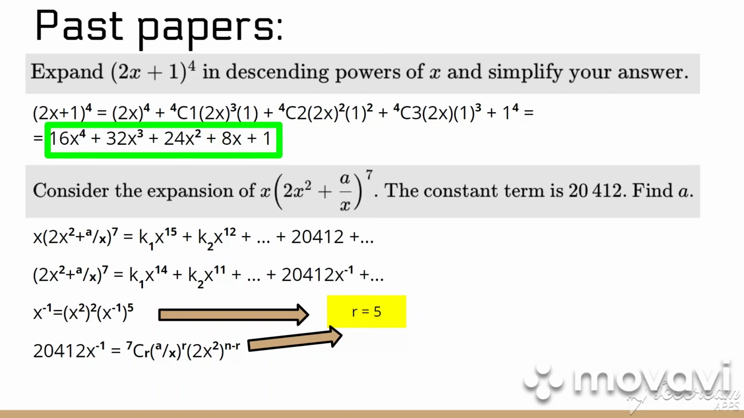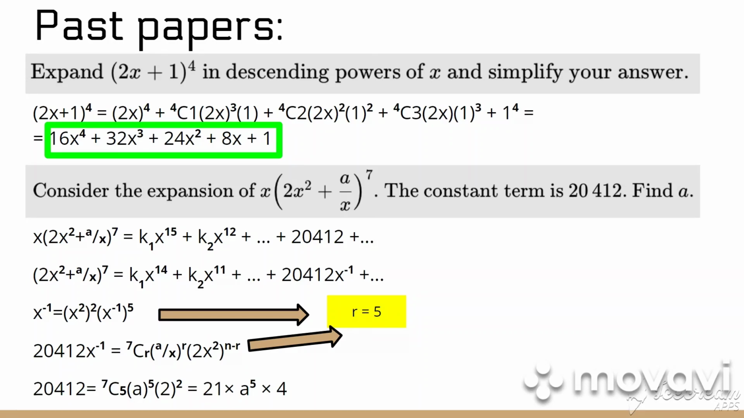We'll get that using the binomial theorem. One of the terms should be like this, and we'll get that r that we're finding, r is 5. Again, 20,412 should be equal to the 7 cr multiplied by a divided by x to the power of r multiplied by 2x squared to the power of n minus r, and we'll get that